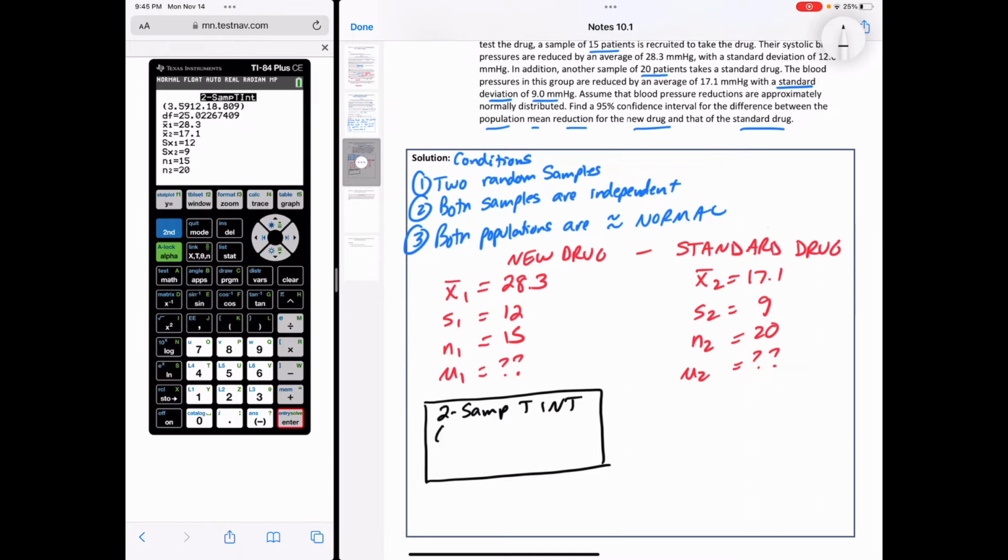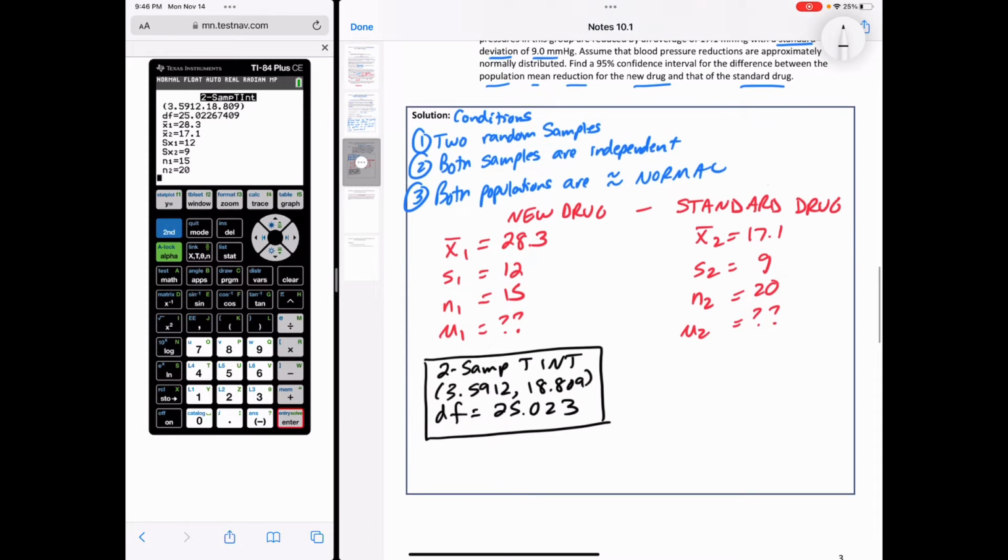So if you do that screenshot, it tells you 2 sample T. My interval is 3.5912 to 18.809. And the only thing I'm going to add is that DF. Notice that the DF is a little bit different than what we did before. The calculator has a complicated way of doing the degrees of freedom. So that's the difference. But here's what I'm going to say for my conclusion. It's been a minute since we've done confidence intervals, but I'm going to say